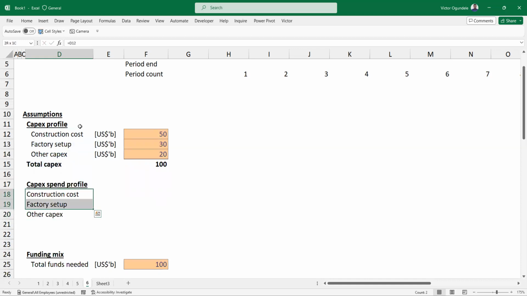Basically, we are saying if you're going to spend this 100 billion, maybe in year one all you're doing is the construction. Then in year two, you start doing the setup. So it's not as if everything happens all at once. And investors, your financiers, also want to be able to see that. So maybe I'll call this period one, 1, 2. Since our construction is just over 2 years,